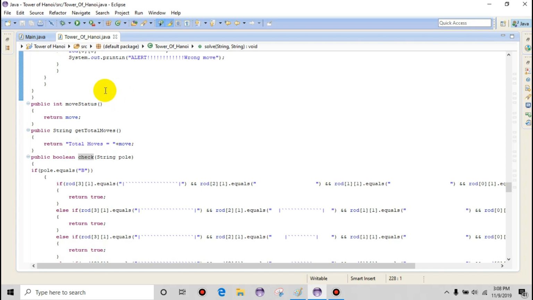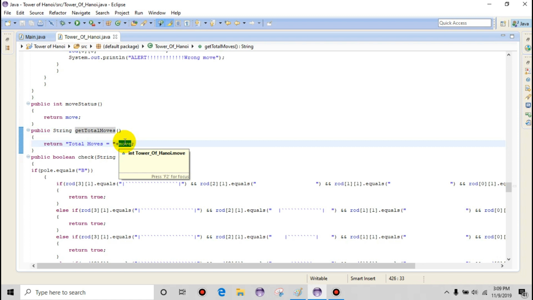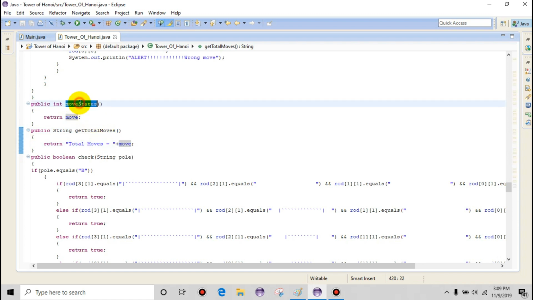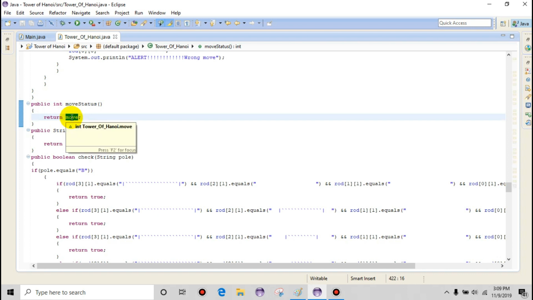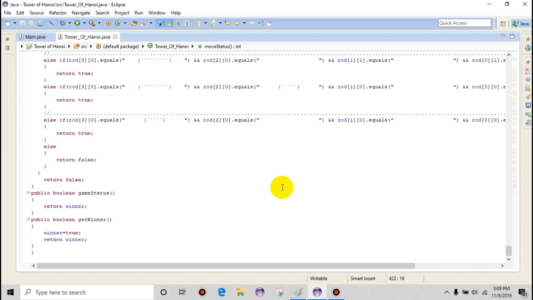Okay, so this was our solve logic, which basically makes moves, and now I have written a function or method to know about the total moves. This function basically returns the total moves, that is, how many moves I have made, and in order to check the status of the move at any time, I have made this method move status, which basically returns me the status of the move at any time. So these were the methods,